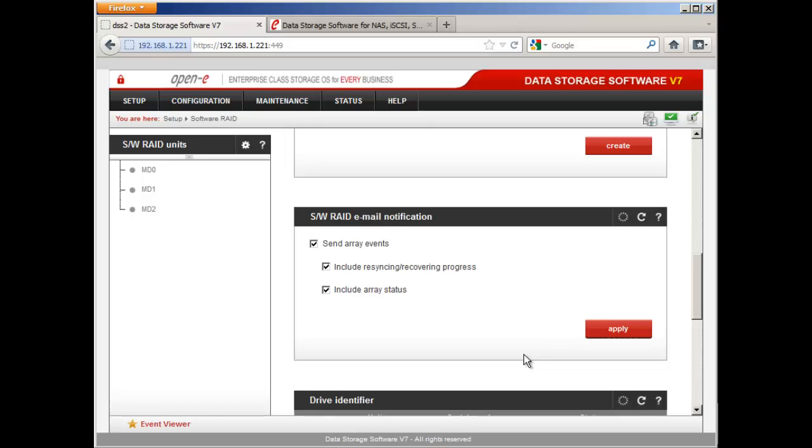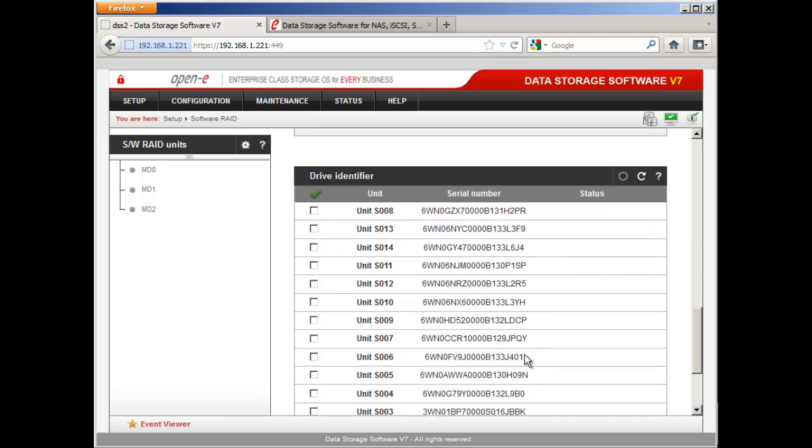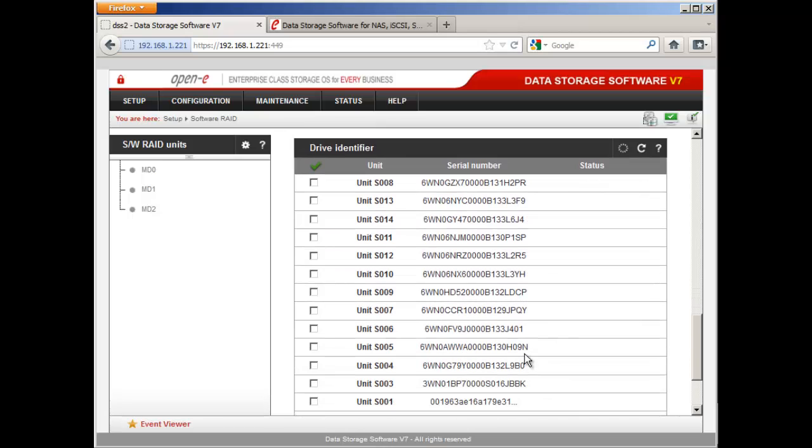So it's good information to have. It's also good information if a RAID array is degraded. So you want to be able to set the software RAID email notification. We've already applied that, and if we scroll on down, the drive identifier, this is really important because let's